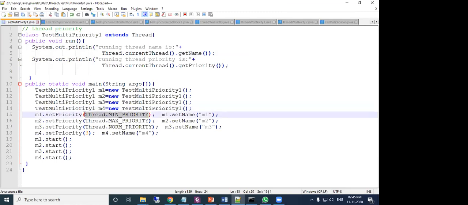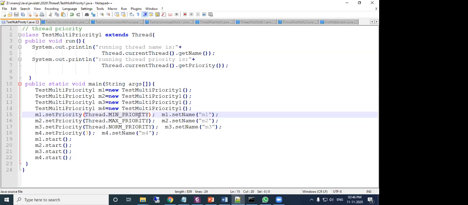Okay. So as I told you, there are 4 types of priority. One is minimum priority, that is 1. Maximum priority, that is 10. Normal priority, that is 5. And this is a constant, a predefined final variable, a final identifier.